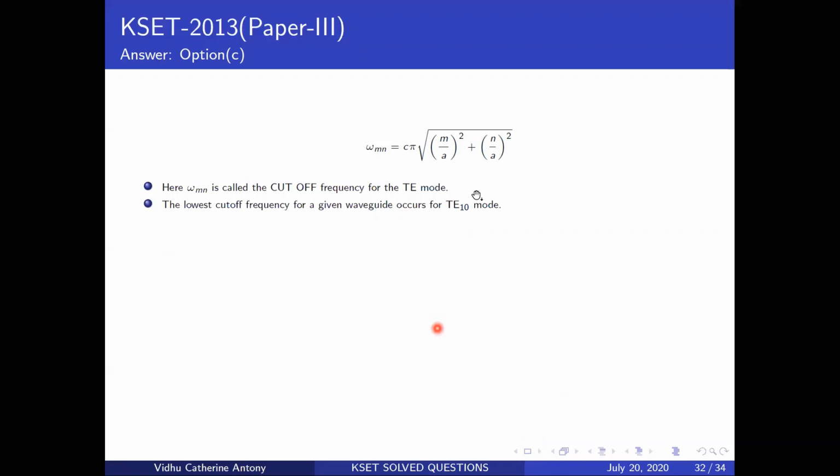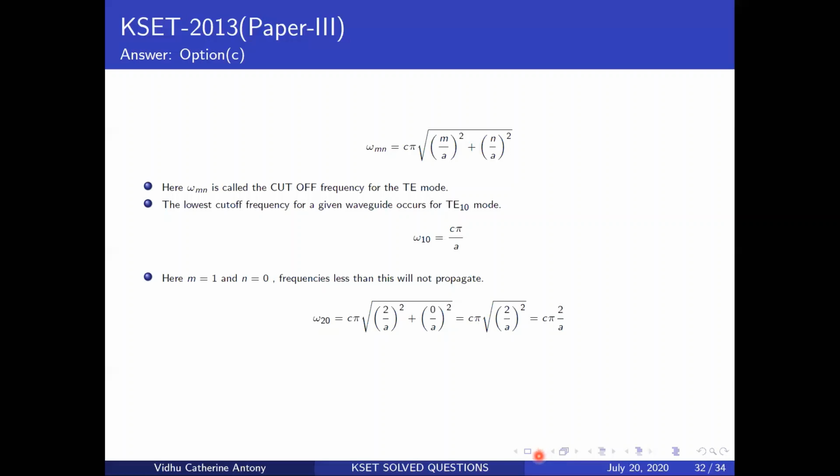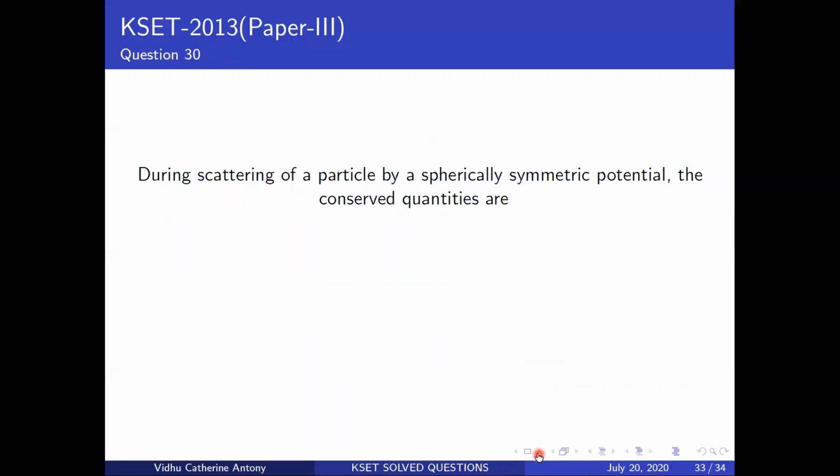Okay, so this is the question we talked about, not the previous question, the one before that. So this is basically your lowest cutoff frequency or your highest cutoff wavelength. So it's your TE10 mode, and this is how it looks. You just have to substitute 1 and 0 for M and N. And this is all the other details regarding it, so you can go through it, all these calculations that we've done. Okay, so this is the last question.